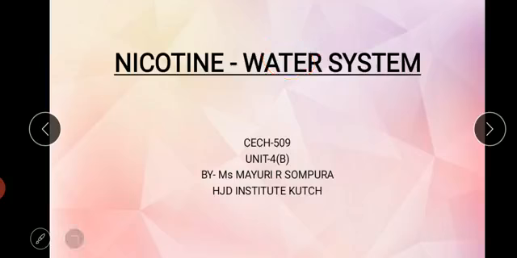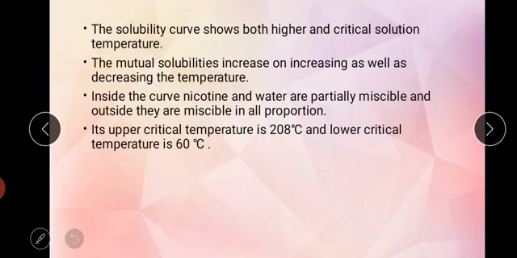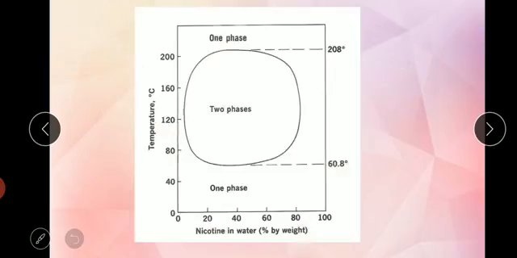Next is nicotine and water system. Now see, in nicotine and water system, this is a system where the solubility curve shows both the higher and lower critical solution temperatures. यानी कि जो mutual solubility है, that will increase if you increase the temperature, and it will also increase if you decrease the temperature. Alright, you can see it from the phase diagram. See,